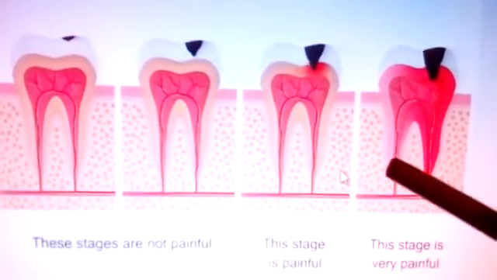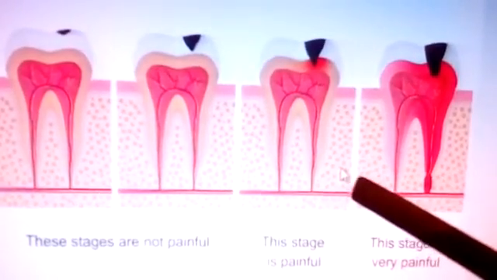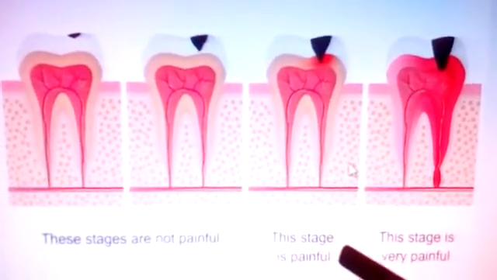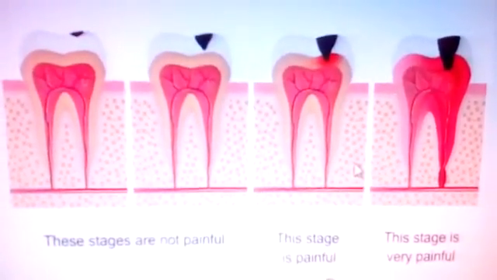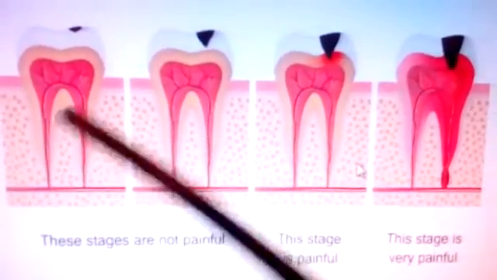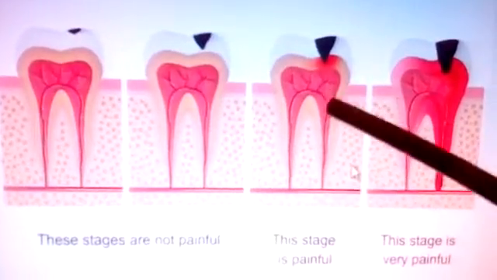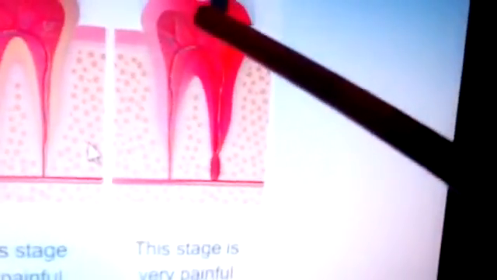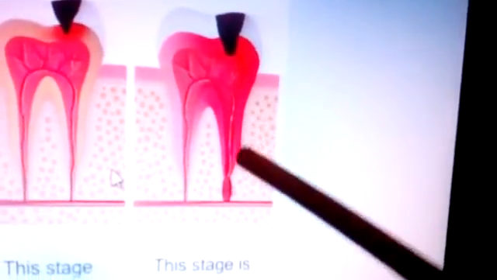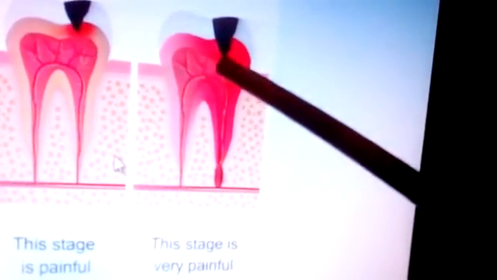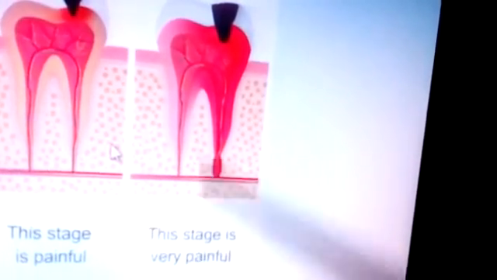That is why chocolates, sweets, soft drinks and other sugar products are the major reasons for tooth decay. If we consume all these in large quantity, it causes tooth decay. See, these are the stages which are not painful here. This stage is more painful. You can see the red color here, and this is when the tooth decay touches the nerves. There are nerves inside the root of the teeth. When the nerve gets exposed, this stage is very painful.